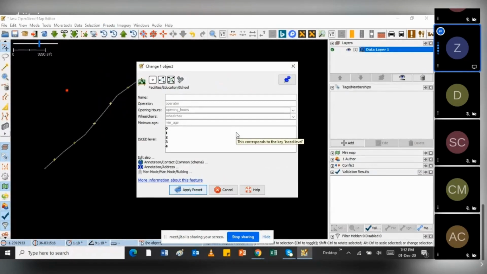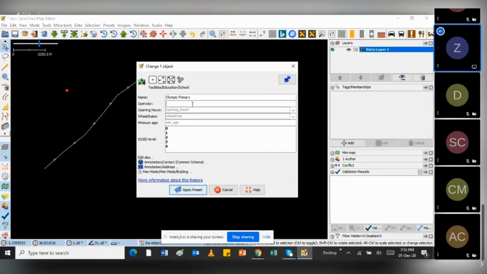Then remember, as I mentioned, it's a combination of different tags that will give a specific description about that feature. So for the name, I'll say it's Olympic Primary. Then operator, in this case, I'm not sure who the operator is, so I'll just leave it blank.